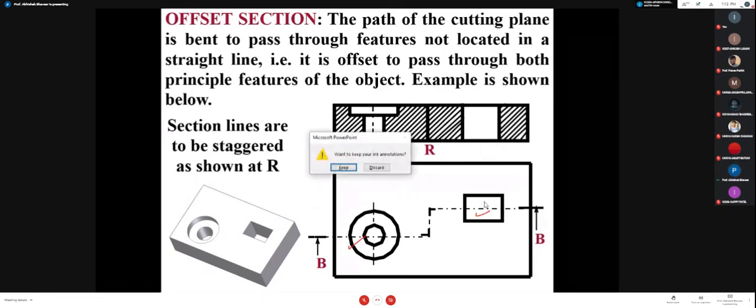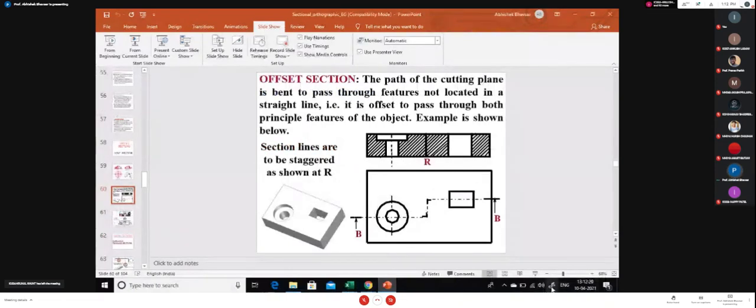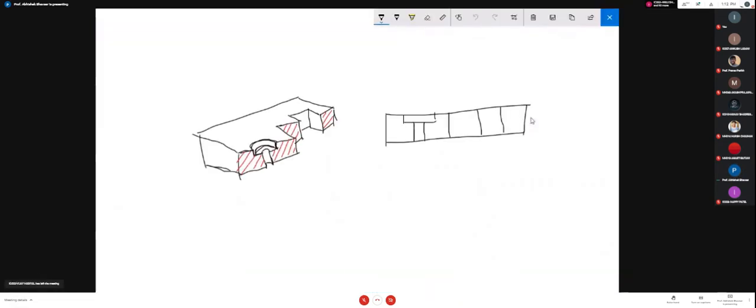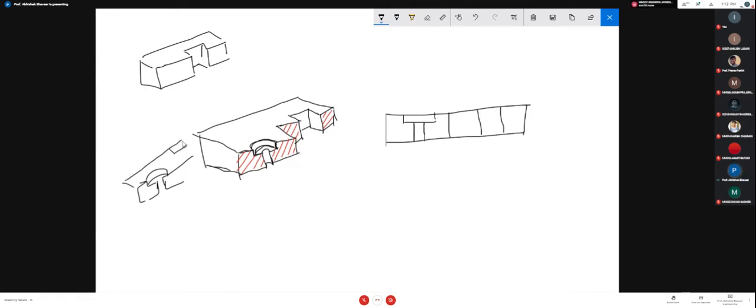See, is it visible? Yes, sir. See this. If I am going to cut it from one of the portions, the back portion, then my view will look like this only. In that case, only one feature will be visible. In that case, both of the features will not be visible. If I want to cut it from this portion, in that case, only such a hole portion will be visible to me. If I am going to cut it like this, so the back portion, though it is there, the hole is there, it will not be seen if I want to draw the front view.